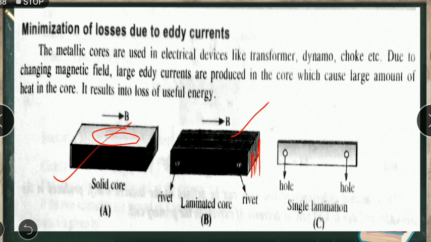So these are some concepts regarding the eddy current, that is advantages, disadvantages and minimization of the loss due to eddy current. Okay. Next concept,